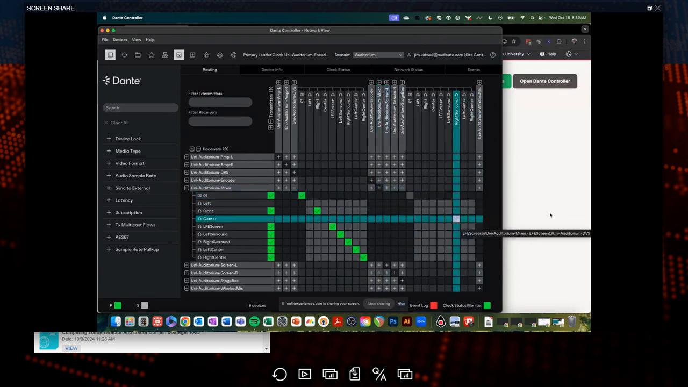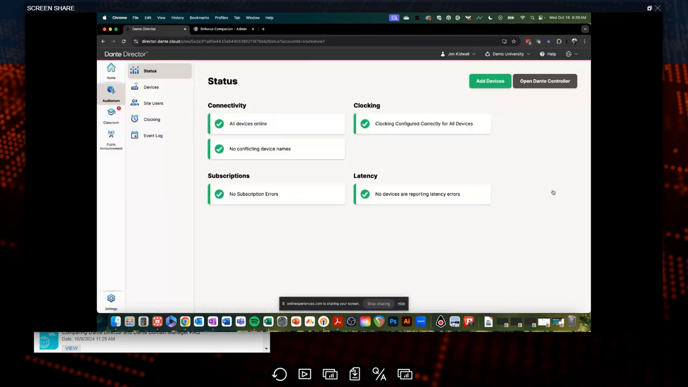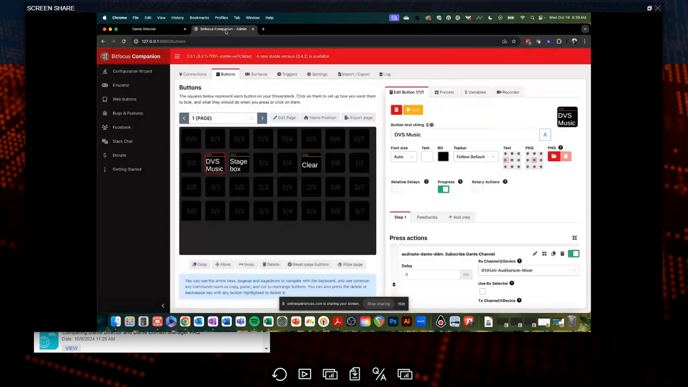What about that command and control function that we talked about earlier using BitFocus Companion? So again, BitFocus Companion is a free tool. It's not something that is made by Audinate. It is something that we have enabled a connection for, Dante API managed API connections, to be able to function